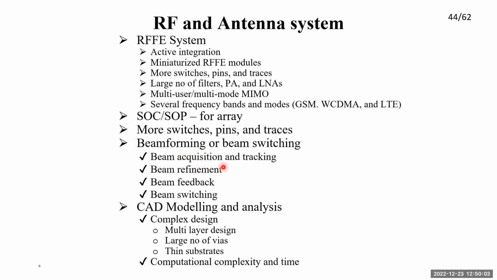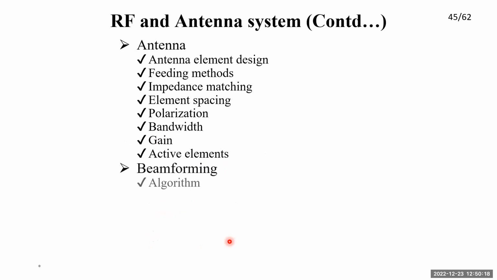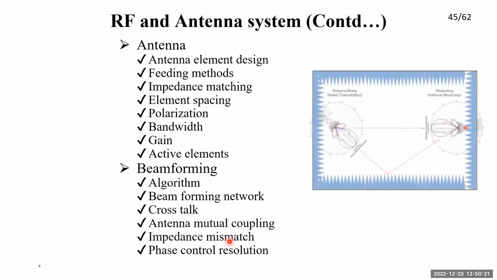In the beams, CAD modeling, we will have problems in the mechanical design. It is multi-layer design, so each layer must be very precise. In the antenna itself, we have a lot of parameters to look at in any design. For beamforming, there is the algorithm; if you are a signal processing engineer, you will be good enough to design it. That is where you find a lot of opportunities: many beamforming algorithm developments and other designs.